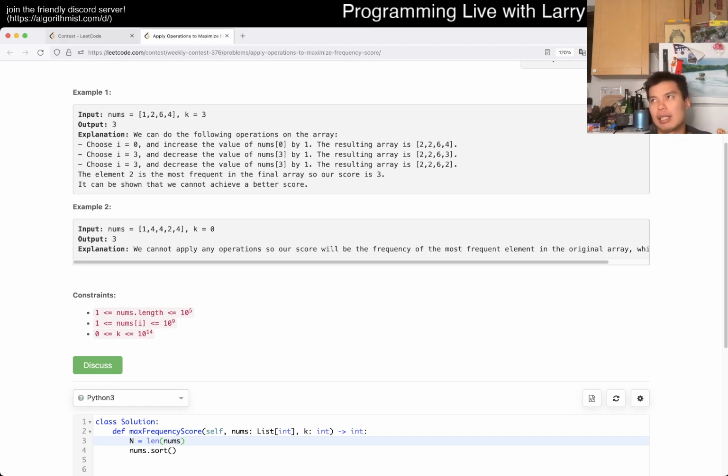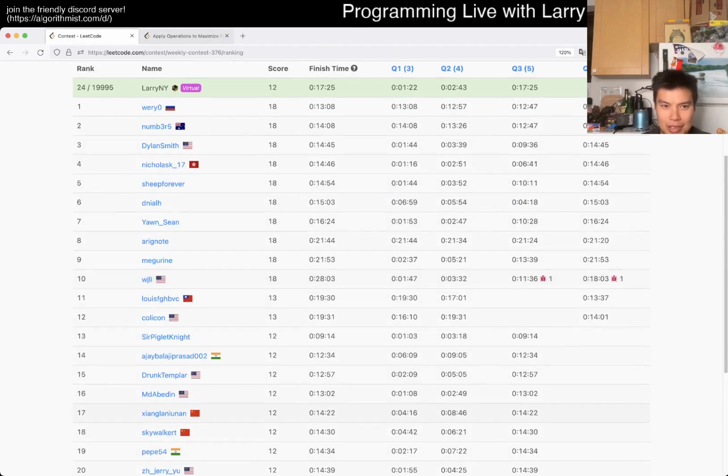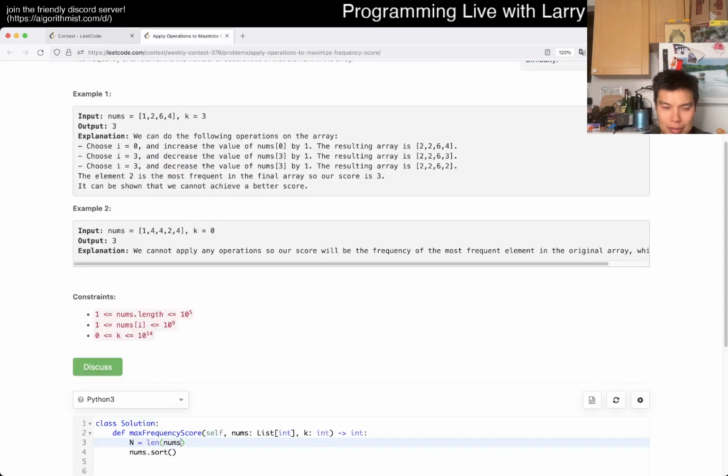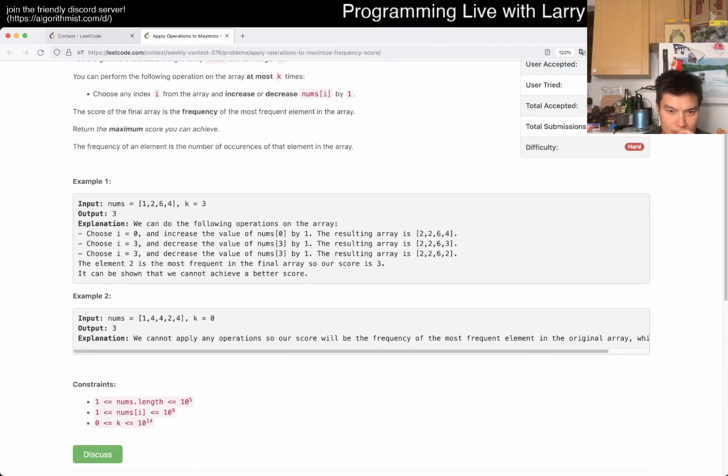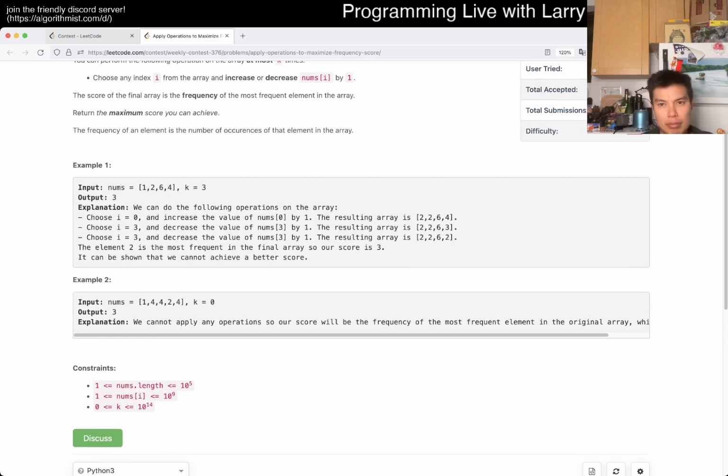It's kind of like the median algorithm, but I have to figure out how to do it. It's like sliding window, but median. No, does that work? We did get it pretty quickly though. It feels very median-y, but